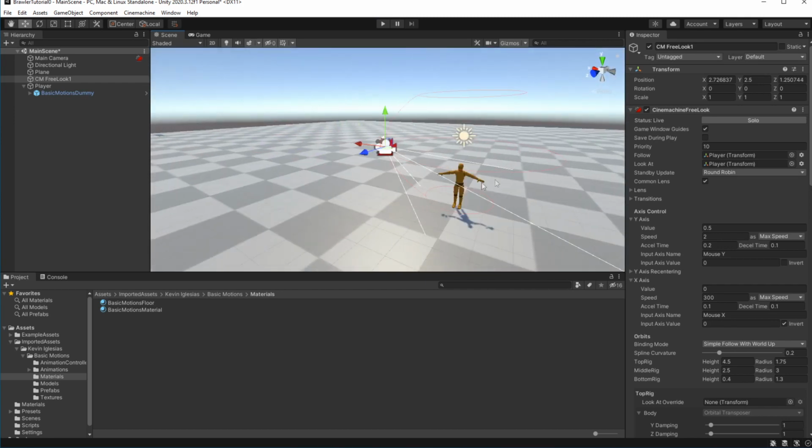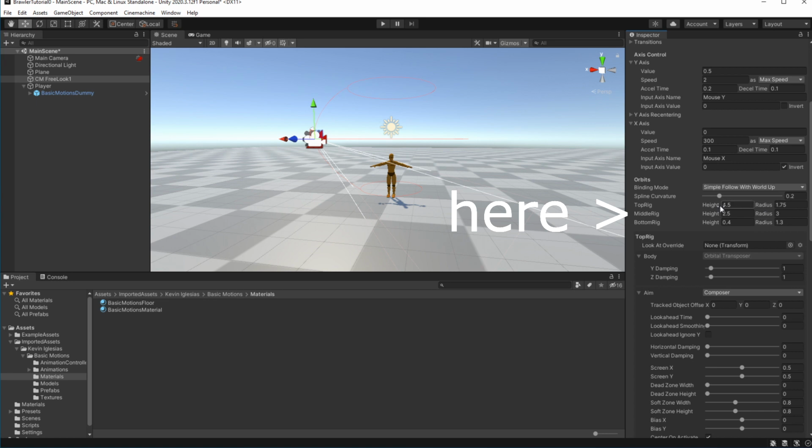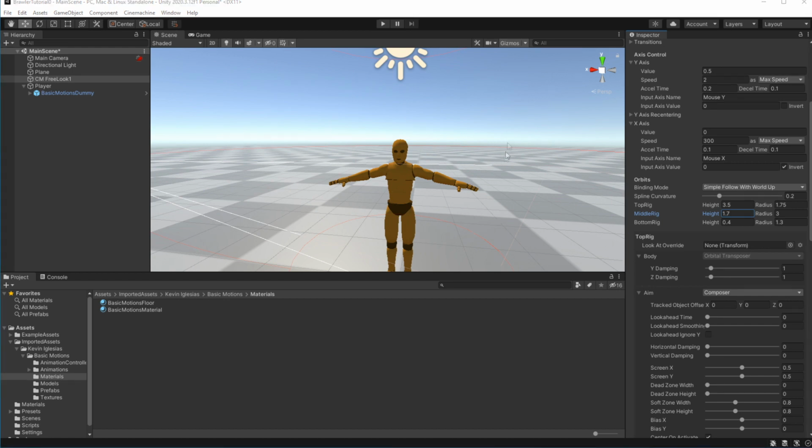So let's fix this. Scroll down and you will see top rig, middle rig and bottom rig. This option will allow you to allocate the area the camera will be moving around our character. Height represents the position of the camera on the height. The radius is the distance from the character which camera will be keeping.